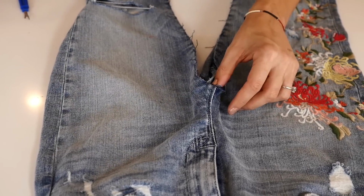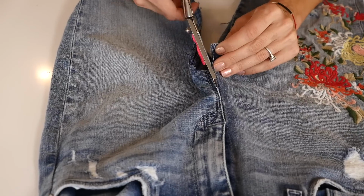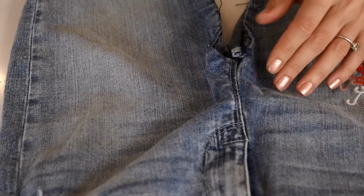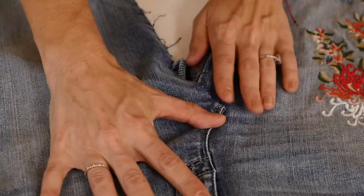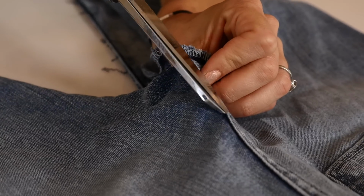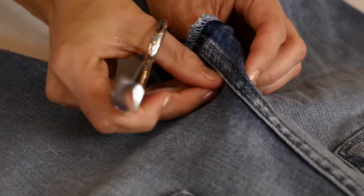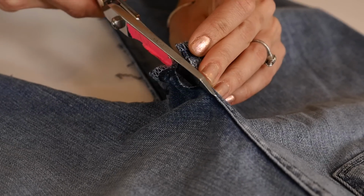Now, we've got the entire inseam open, but obviously the center gets this really weird situation. So you just wanna cut open. I would recommend cutting about 1.5 inches first, laying it, overlapping it, and seeing if it lays flat. If it doesn't lay flat, you can always cut more, but I'd always recommend starting with just about 1 inch. Always go on the inside of that seam as opposed to on the outside